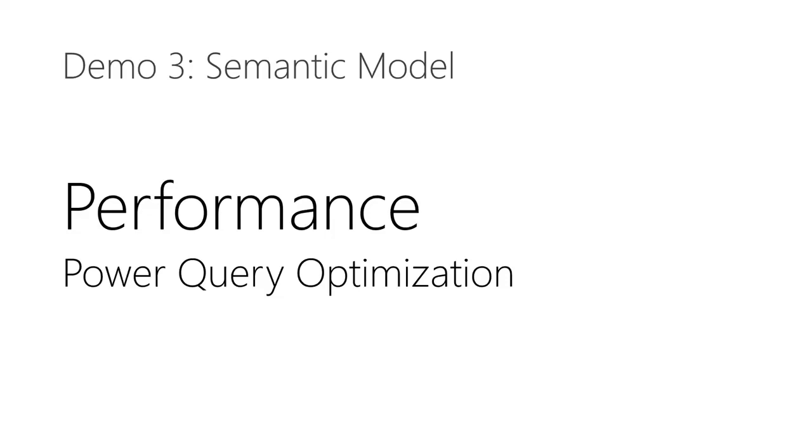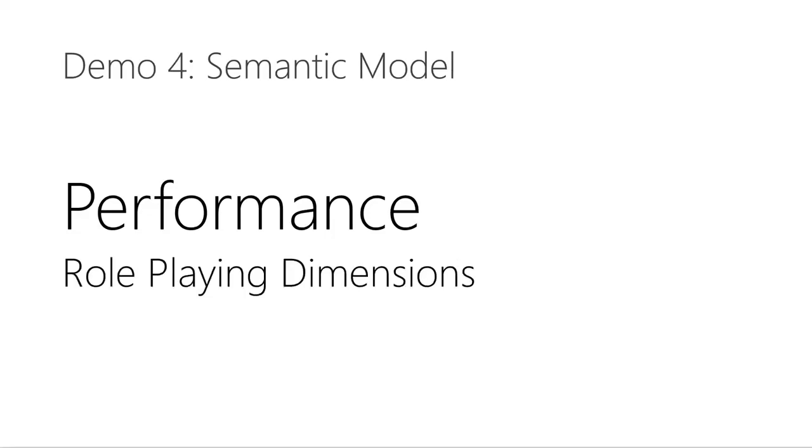So after Power Query optimization, we'll be looking at role-playing dimensions. Role-playing dimensions is basically a dimension that's used for multiple purposes. Just think of a fact table that has two keys. Specifically, think of a fact table called sales and two dimension tables called ship date and also order date. So those two are connected to